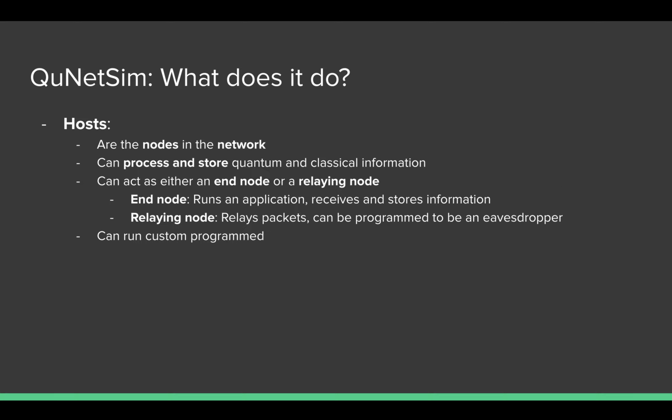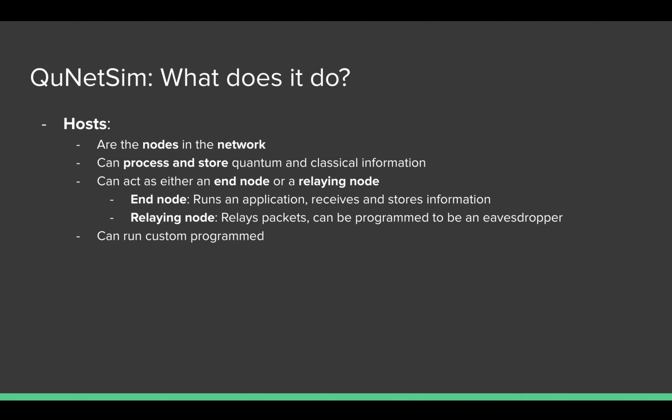So QuNetSim uses three components for now, anyways. Maybe in future we add more, but in the current state of QuNetSim, there are three components. The first is the host. By host, I mean these nodes in the network, which I was describing before. These nodes that want to send and receive messages. They can also process and store classical and quantum information. This means they can generate qubits, manipulate the qubits by applying gates to them, and then transmit them and put them into the network to be routed to their desired receiver.